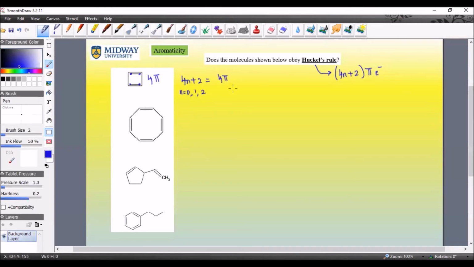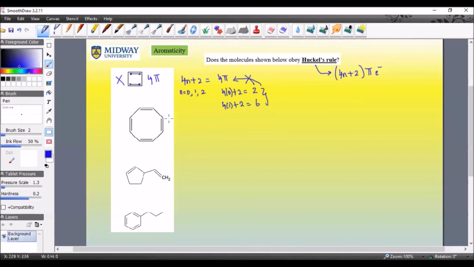So if I put 0 in here, that's 4 times 0 plus 2. I get 2. If I put 1 here, I get 6. Between 0 and 1, you cannot put fractional values. So neither of these conditions brings back 4 pi electrons. So that means this molecule does not obey